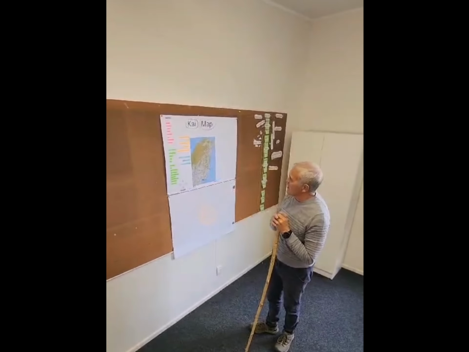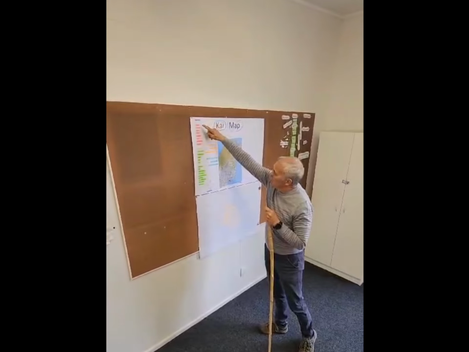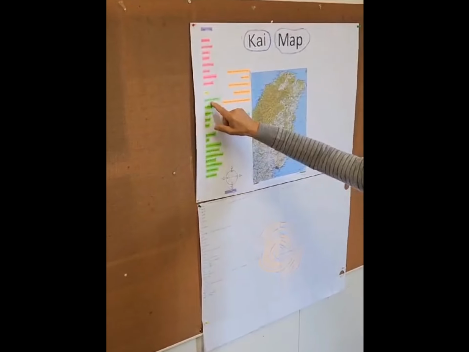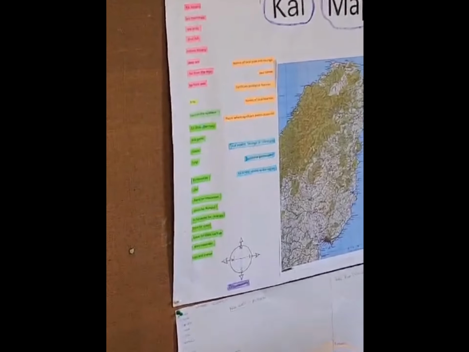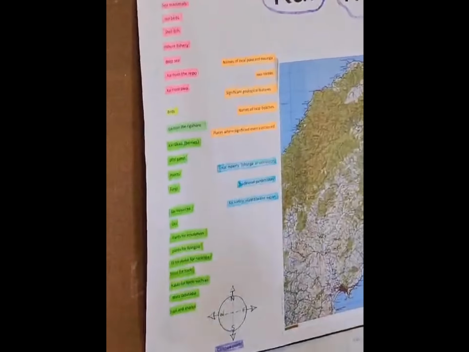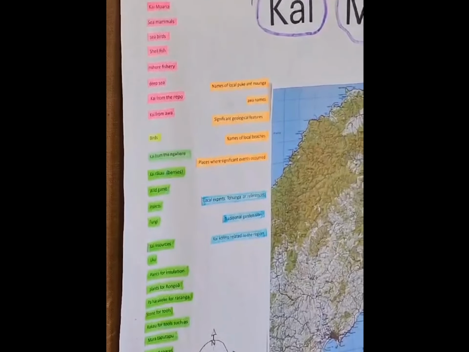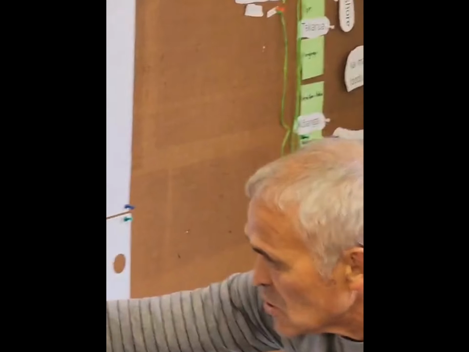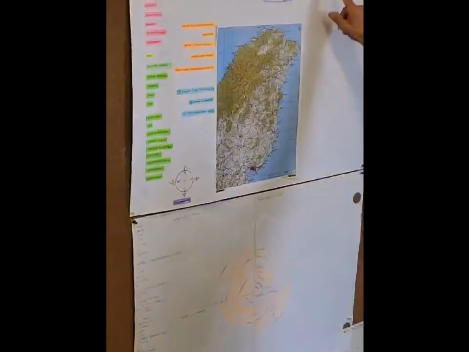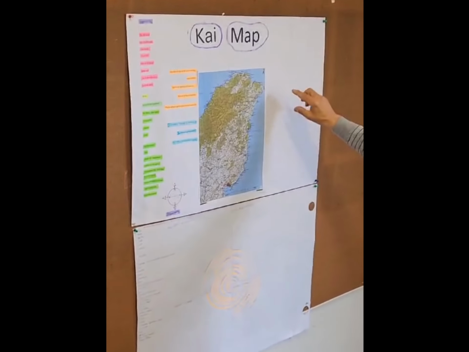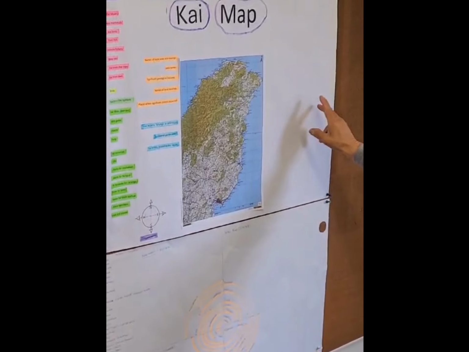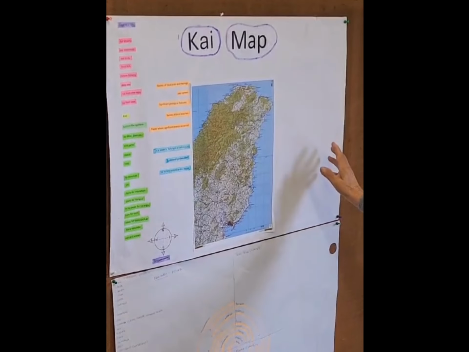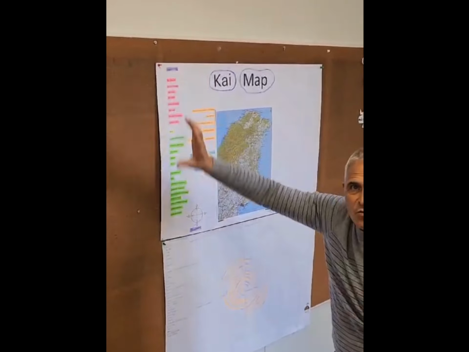There's our kai map, there's our legend up, and there's all the kai from the water. Yeah, so there's kai moana, there's sea mammals, there's seabirds, there's shellfish, there's inshore fisheries, deep sea fisheries, kai from the awa, kai from the repo, and we just divide it all up. So when we put it out over here, and there's a whole lot of kai listed there, you say, oh, that's mussels, that's kina, that's paua, that's koura, that's tāmure, that's moki, etc., etc., right through all the different kai types, and you colour it in red. Yeah, so you can, oh yeah, that's all that kai.